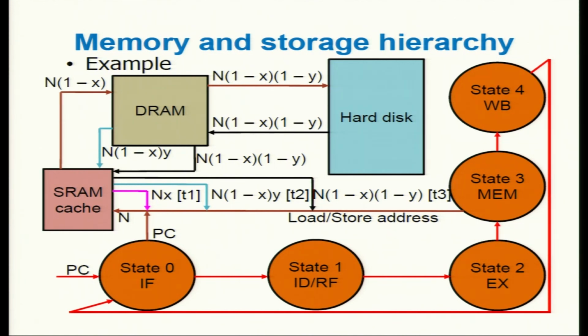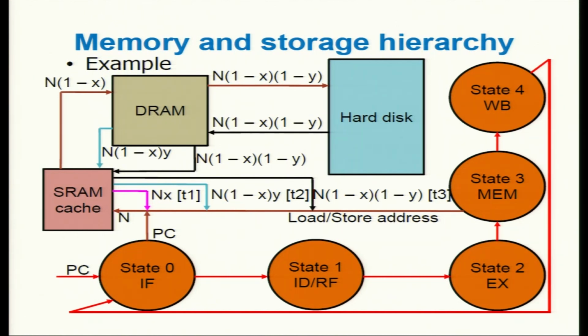It's not that DRAM will not fill it and just forward it. Because next time it's very likely, by the temporal locality principle, that we will be requiring this chunk of data again. At that time, you shouldn't have to go to the hard disk again. You should be able to deliver it from DRAM. But again, when the DRAM forwards it, the cache will fill it as well. So the next access to this chunk of data should be extremely fast.